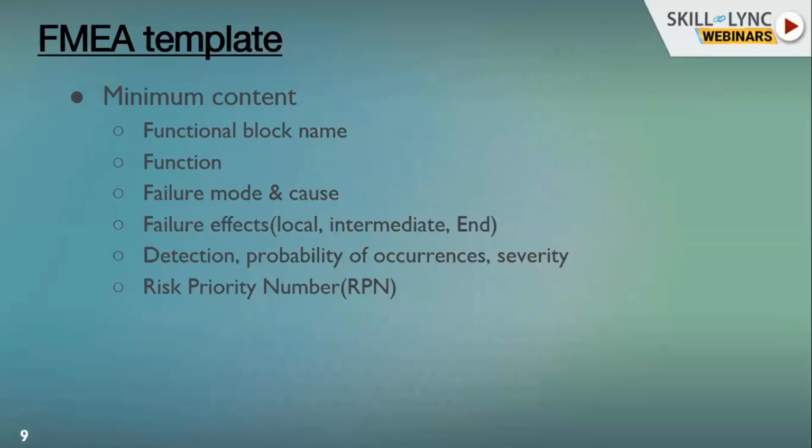How do we detect it? Is it some built-in test? Is it some performance data parameter monitoring system that can signal me when it is deteriorating or not? Or is it just the visual inspection that will tell me? That's where you define your